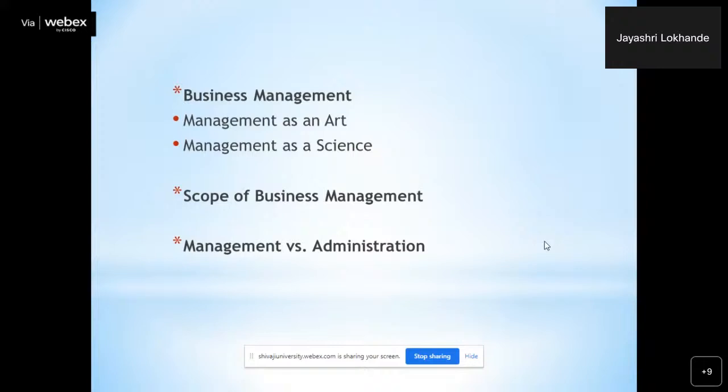Next is... here we covered the differences in business administration and business management. But first of all, we see that management can be understood as the skill of getting the work done from others. It is not exactly the same as administration, which alludes to the process of effectively administrating the entire